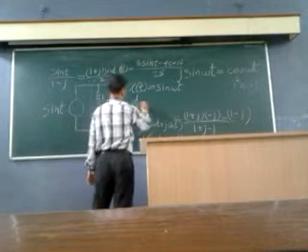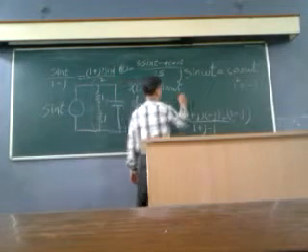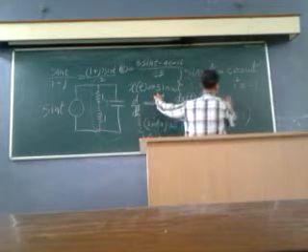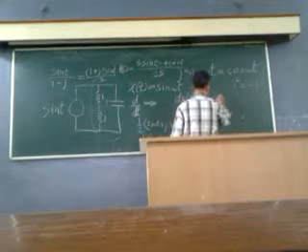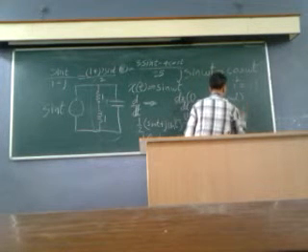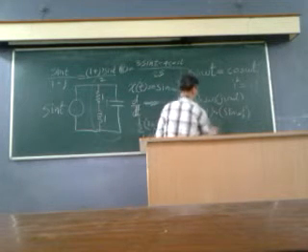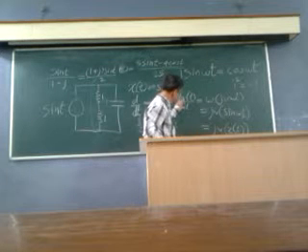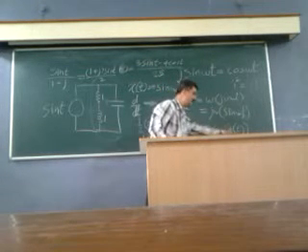What is the fate of the d by dt operator in this case now? So dx(t) by dt is omega cos omega t. But since cos omega t is j sin omega t, I can rewrite this as j omega into sin omega t, which is x(t) itself. So that is equal to j omega into x(t). That is, d by dt of x(t) is j omega into x(t).